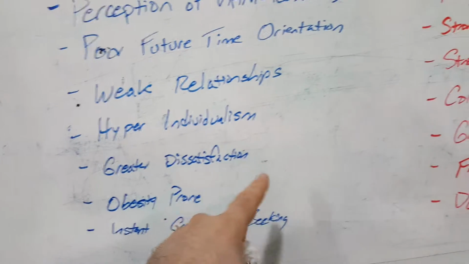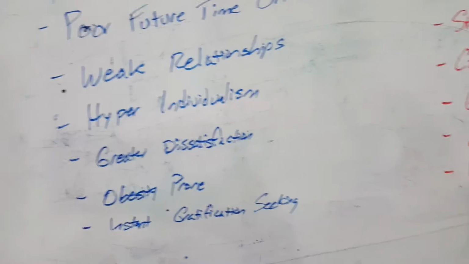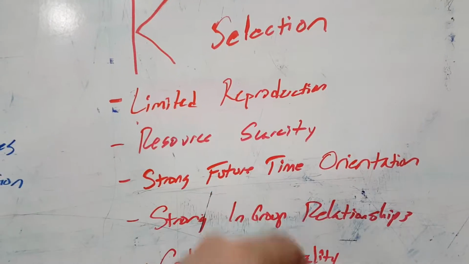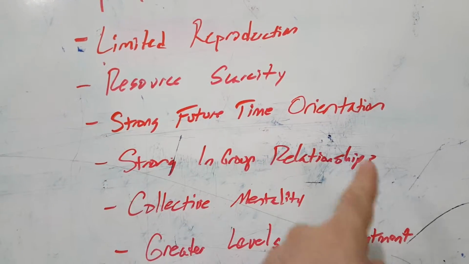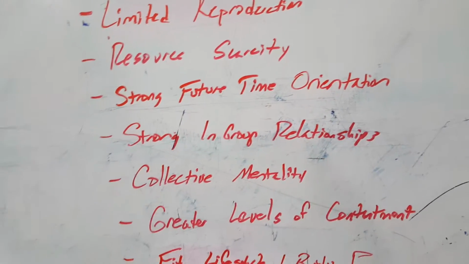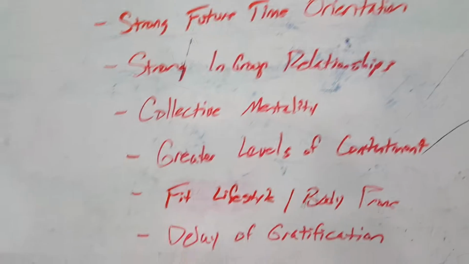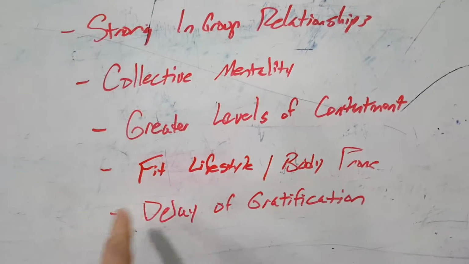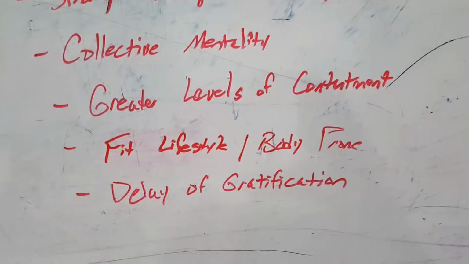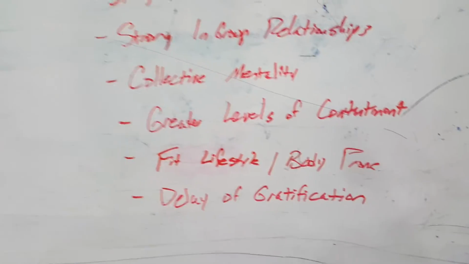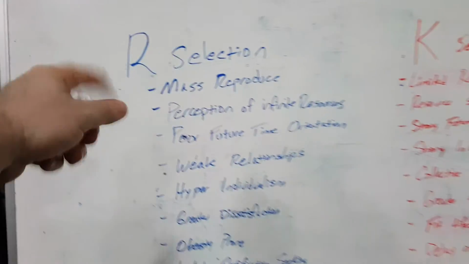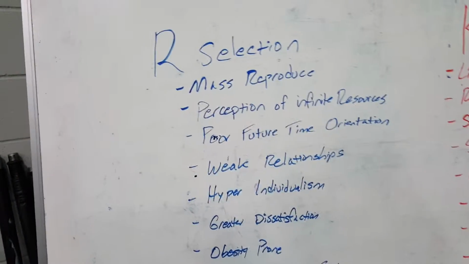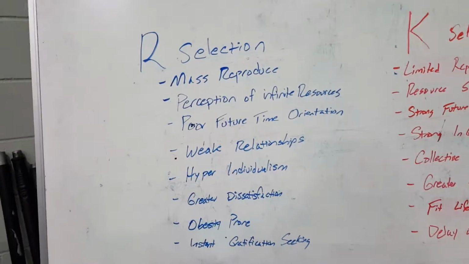Hyper-individualism, greater dissatisfaction, obesity-prone, instant gratification seeking, whereas K selection is limited reproduction, resource scarcity, the acknowledgement of it, strong future time orientation, strong in-group relationships, collective mentality, greater levels of contentment, fit lifestyle and body prone, and delay of gratification prone. So the differences are, R selection is someone that reproduces like a rabbit or frog or a fish